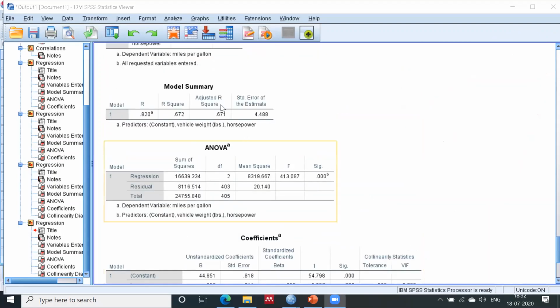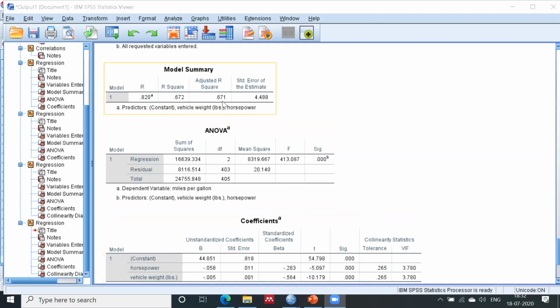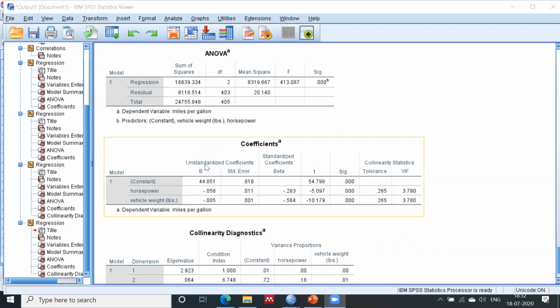So I'm running the correct model right now. I have run it already. You will see that in this analysis, my adjusted R square has increased by 0.001. It is now 67.1% something, right? Earlier it was 67% only. But the important part is in the coefficients. You will see that horsepower and vehicle weight have become less than 5.